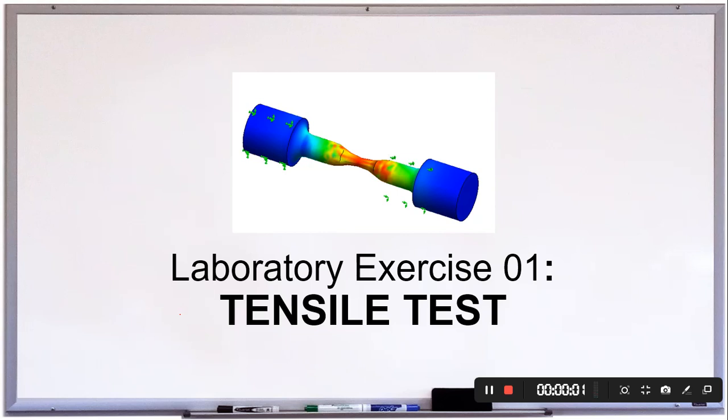Good day everyone. In this video, I am going to discuss how to perform laboratory exercise number 1, that is tensile test. We are going to use a simulation tool to run this test, and that is our SolidWorks software. In SolidWorks, first we are going to model our specimen, then run the simulation, and finally analyze some important parameters for our specimen, that is the stress, the displacement, and